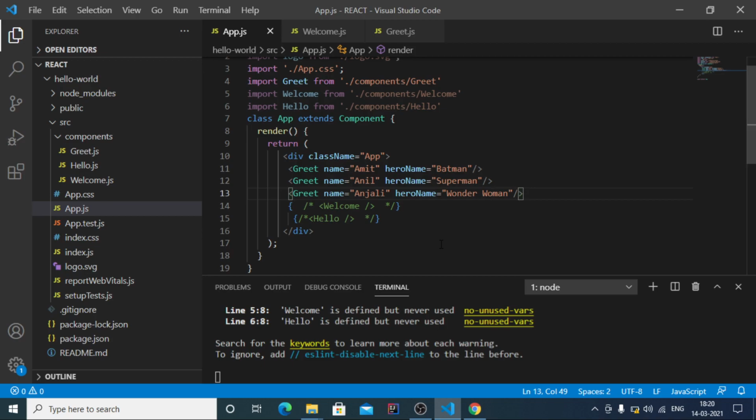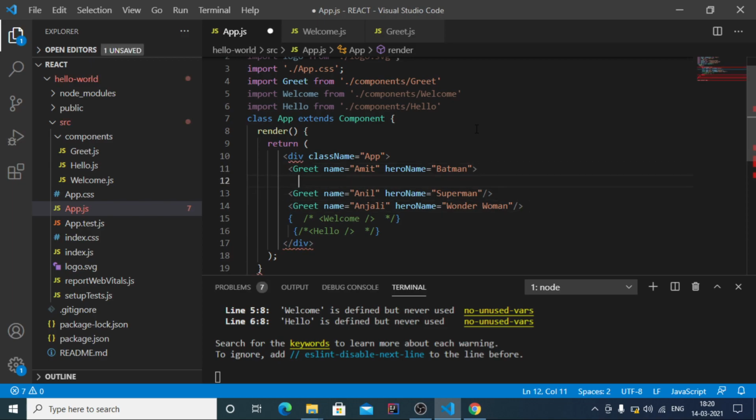But if the content you want to pass from the parent to the greet component is unknown, in that case you have to pass that content inside the opening and closing greet tag. So this is the closing.